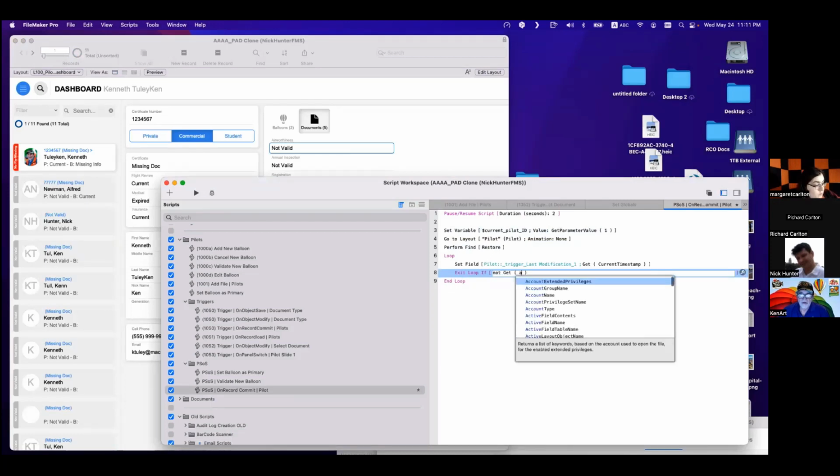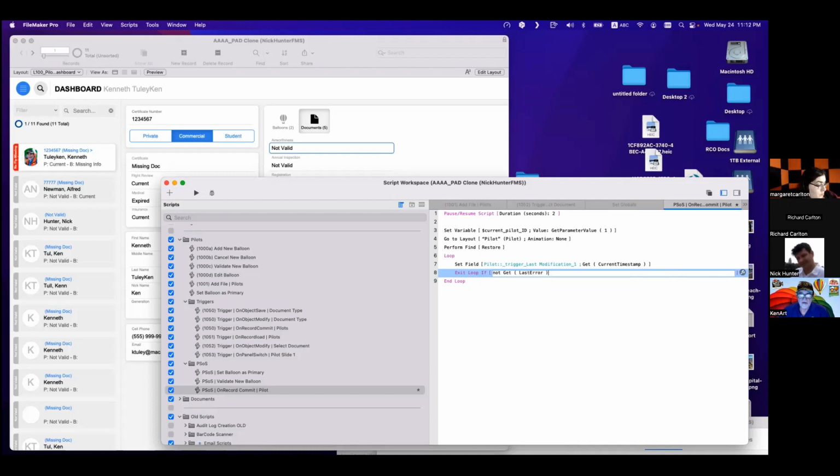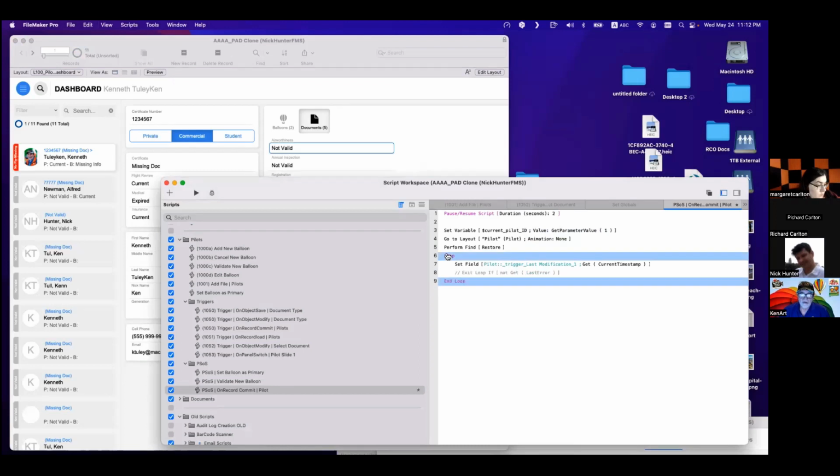Not get last error. Okay, so what will happen here? Let's say the record is busy. So this will return an error. So let's simulate this, right? It's interesting, right? Is it interesting for you guys? Yeah, that makes sense.